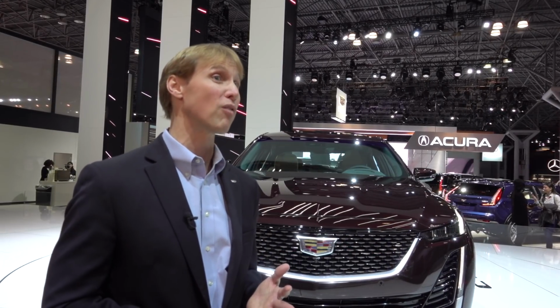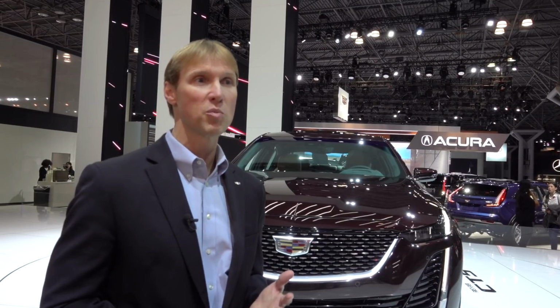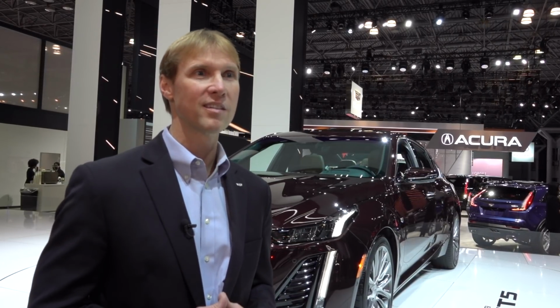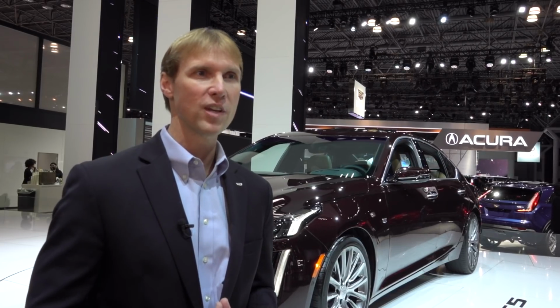So, two new engines: a 2-liter turbo twin-scroll engine producing 237 horsepower, with peak torque reached at 1,500 RPM, so a very responsive and fuel-efficient engine. We also offer a 3-liter twin turbo that delivers 335 horsepower, and again, peak torque at a very low RPM level. A 10-speed automatic transmission, the most speeds in the segment, so seamless, refined shifts, and great efficiency in the vehicle. And then